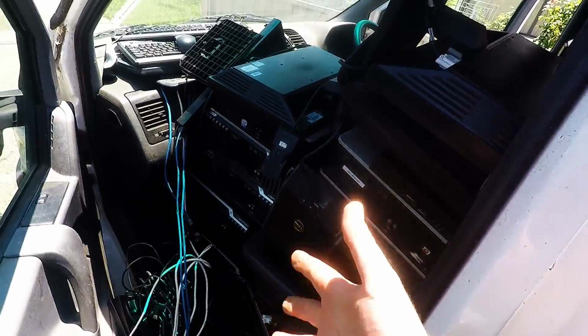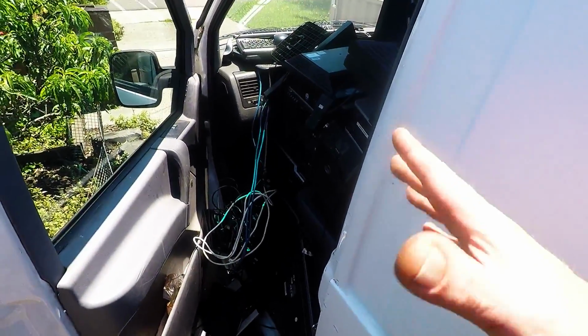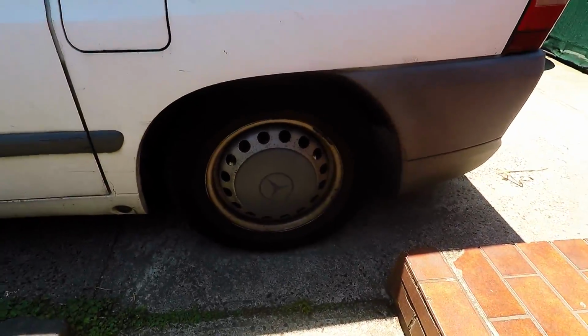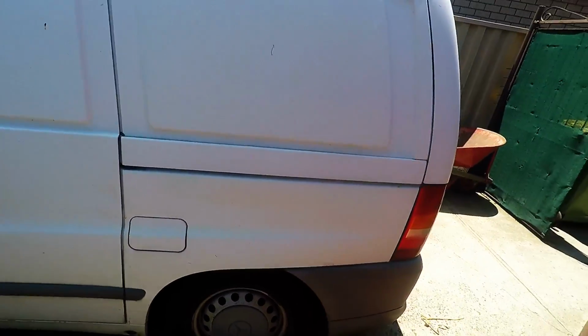If I can put equal weight to me on this side, it's just like having another passenger, and it balances out the weight, but also gives me more room. So that's about the heaviest load I've ever picked up. Normally, if I knew it was going to be this much, I still would have done it in the van, but